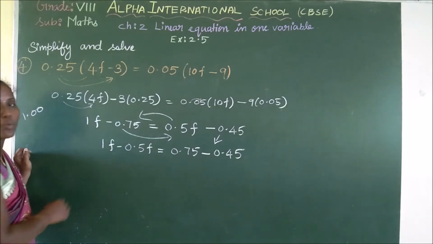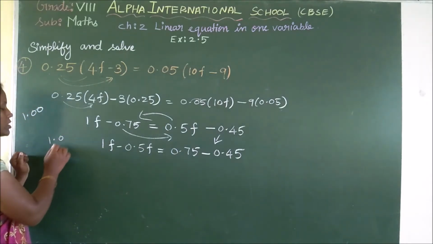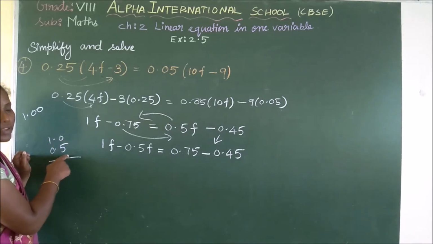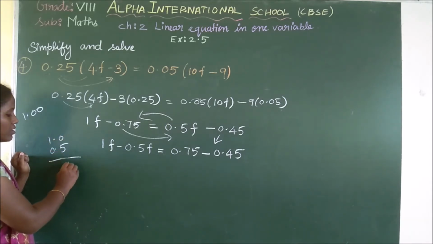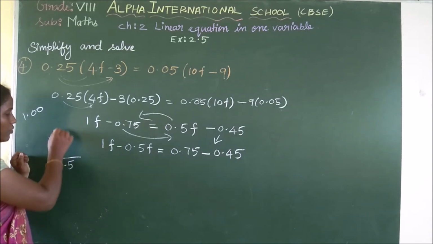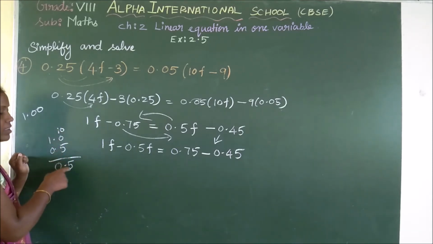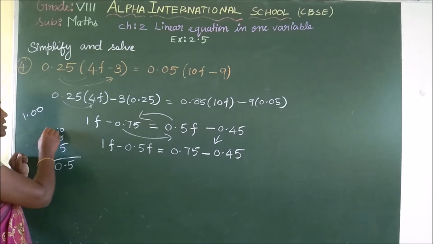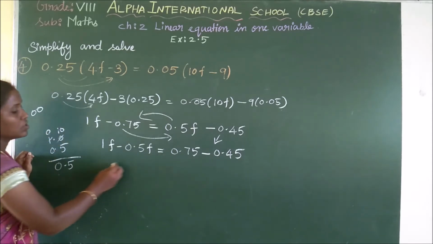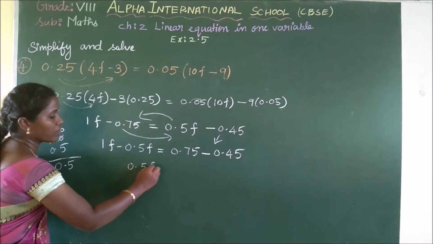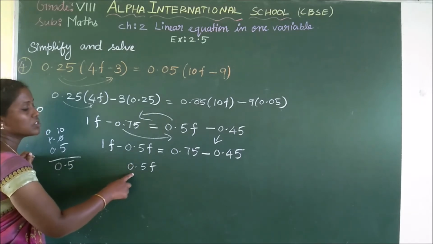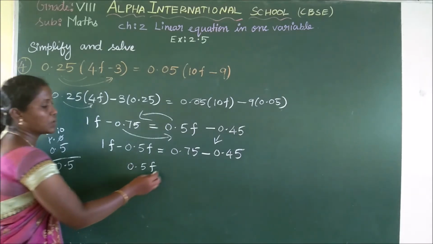Now 1 minus 0.5. How do we subtract 1 minus 0.5? So 1.0 minus 0.5. Here it is 0 and 5; if you borrow, it is 10. 10 minus 5 is 5. Here it is 0, so 0 minus 0 is 0. So finally 0.5f. 1 minus 0.5 is 0.5f, is equal to